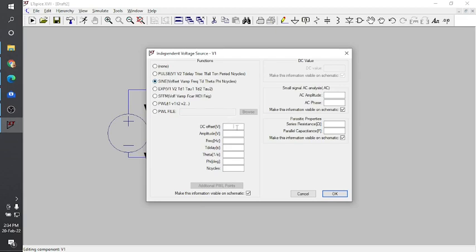For the sine wave, the DC offset will be 0. The amplitude I'm choosing for the sine wave is, let's say, 10 volts. Suppose the frequency is 50 hertz. Delay time I am choosing 0. Theta I am choosing 0. Phase I am choosing 0, and